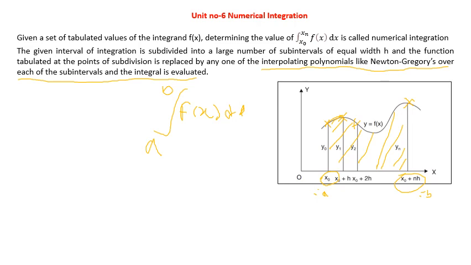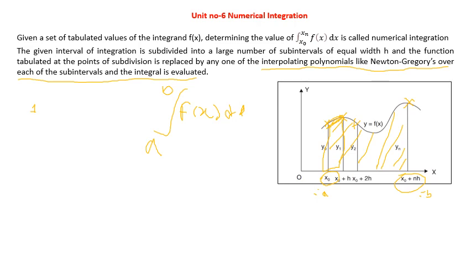So if you are using 2 points, naturally you will be able to fit a curve of degree 1, that is a line. That is called the trapezoidal rule. In such a case you will have a trapezoid which is fitted. Okay, so you need to find the area of the trapezoid, and the rest of the area you have to neglect. Now when you use 3 points to fit this curve,